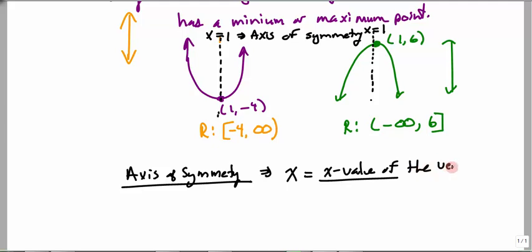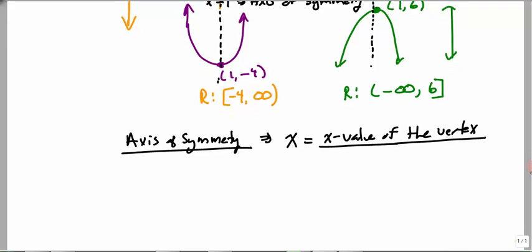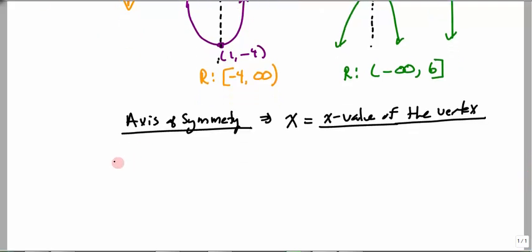Vertex is either the highest or lowest point. So that's what we fill in here. It's the equation x equal. Now we can also talk about intercepts. When we talk about intercepts,